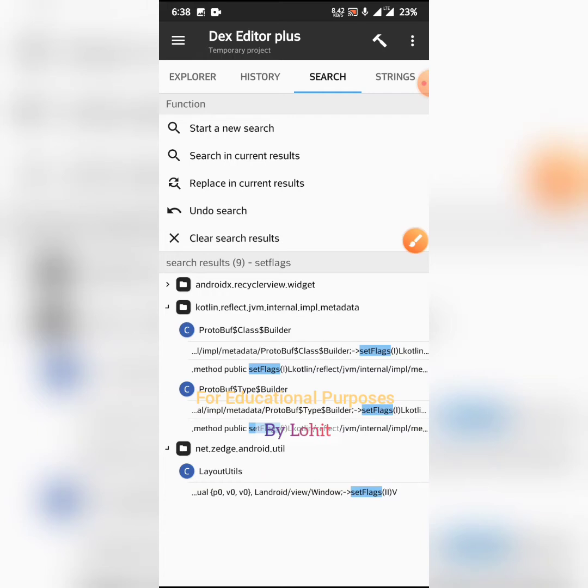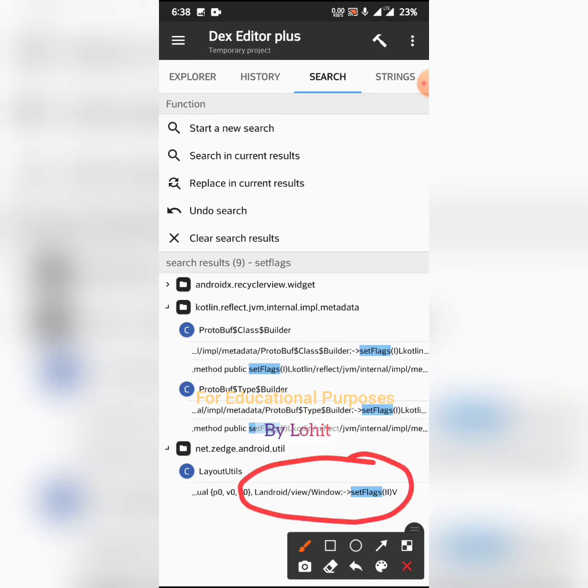Let's get into this and see what is responsible for it. One main thing is this, that we can also see this. Android view Window setFlags, and if we find Window here, then it is important. It is very important, because it is the exact place where we are going to remove this screenshot restriction, or we can find 0x2000 here.